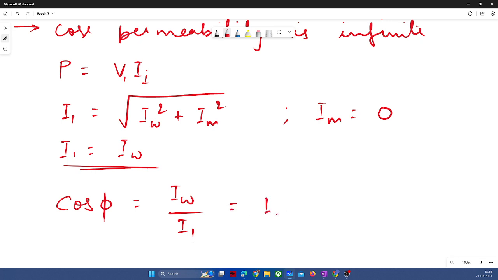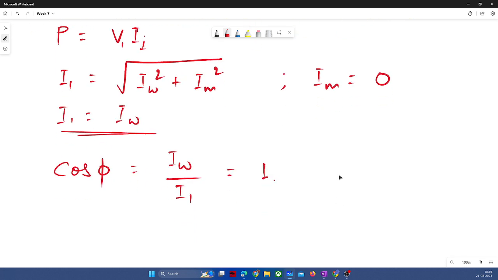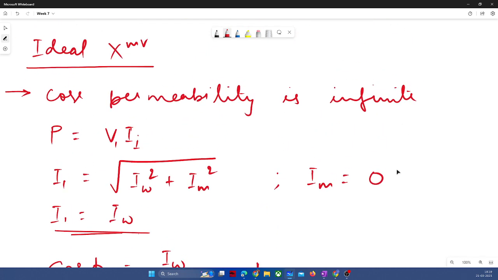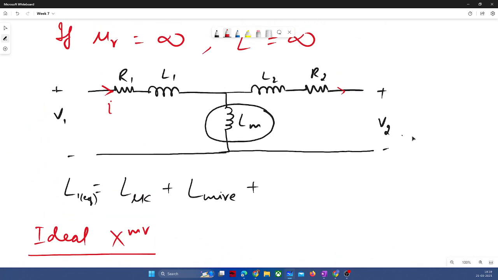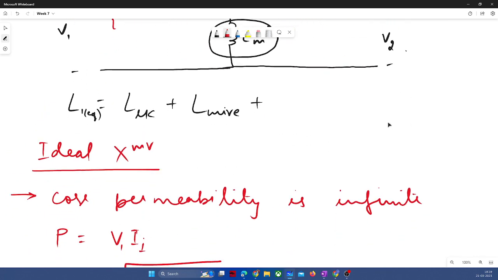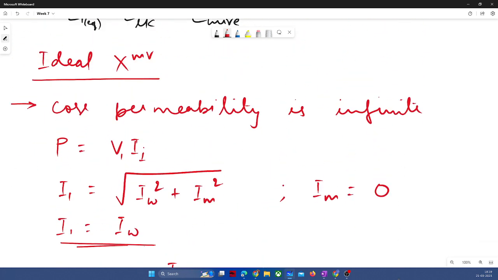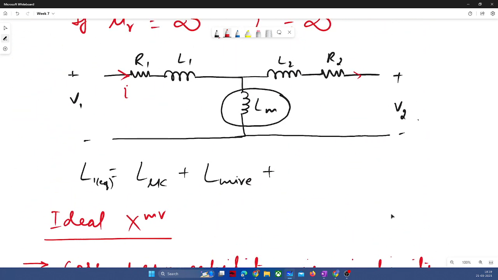So your supply size should not increase for the given power if your power factor is unity. But practically, this is not the case. We generally require some magnetizing component, and typically our no load power factor becomes 0.2 to 0.4. This is the range of no load power factor. Let us not go into that, that is not the topic. So that's what I wanted to mention here. As you add the load on the secondary side,